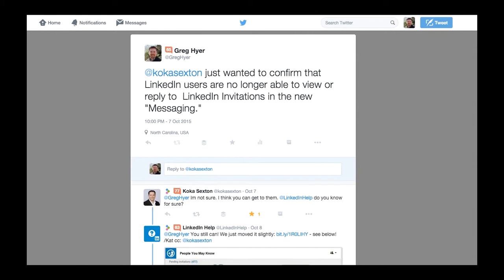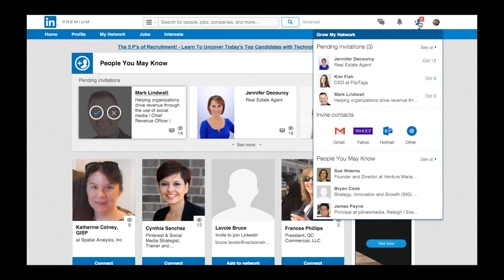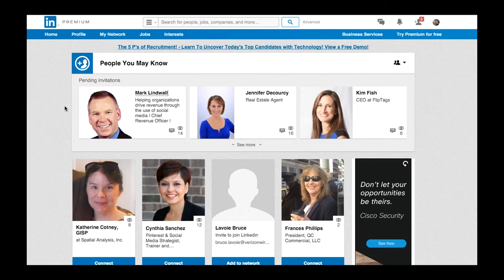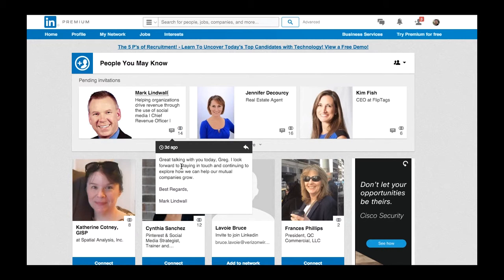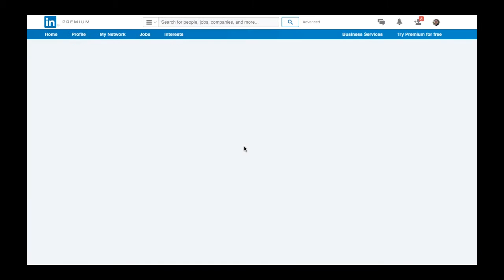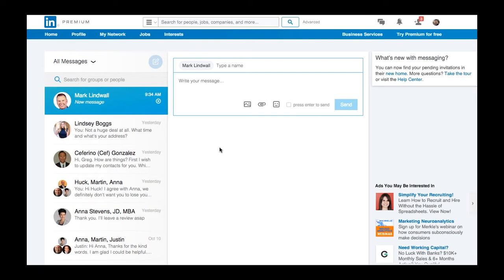So here's the suggested workflow. Right now, if you click on your pending invitation box, this will take you to the folks who are awaiting your acceptance of their connection. Down here next to where you have your common connections, there's a message option that you can open, and it comes up in a brand new window where you can start a new message and reply back to that person.